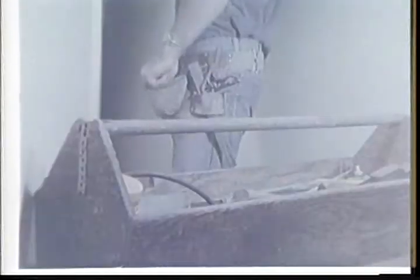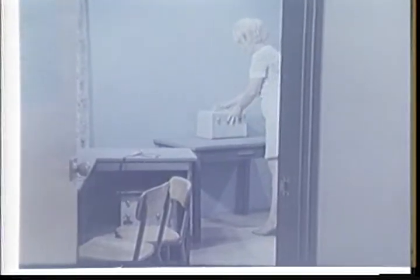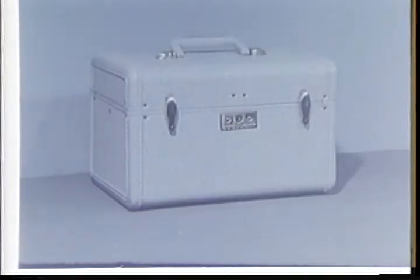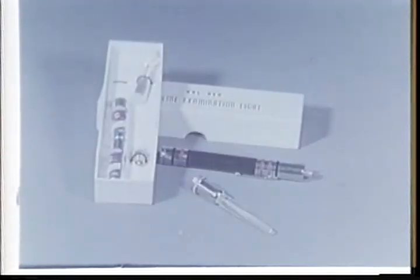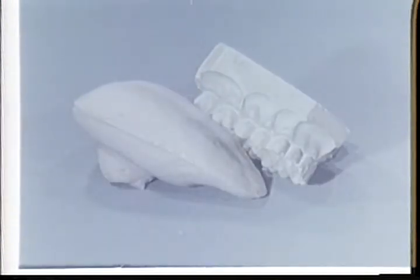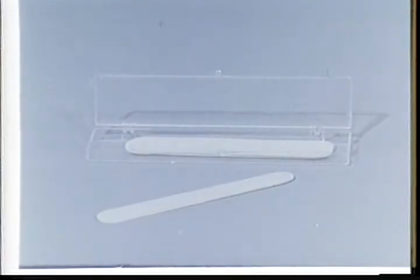Like many others, the speech teacher finds it convenient and efficient to have a kit for necessary materials. A sturdy, compact, and portable case is used. The speech kit contains a box of wooden applicators, a pencil flashlight with lucite tips and extra batteries, a dental cast of the upper teeth, and a Plastiflex model of the tongue, a box of tongue depressors,